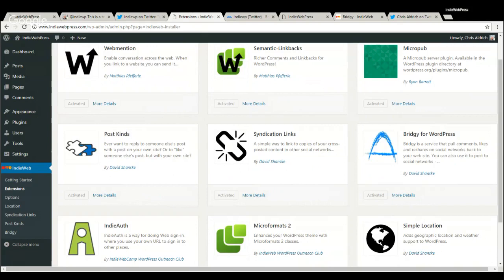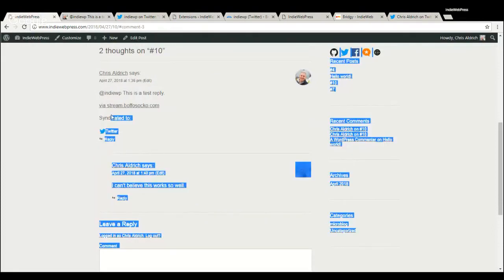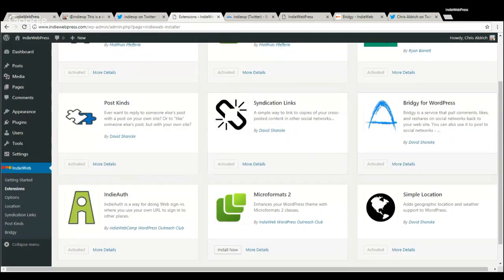We configured maybe, what was it, 3 simple options that mostly dealt with, do we want to show an icon, text, or an icon and text? And we were able to customize how that syndication thing's set up. And in our case, we use the word syndicated to as the option. We set up Bridgie for WordPress, which was the Bridgie plugin, and we installed, activated that, and then we're able to